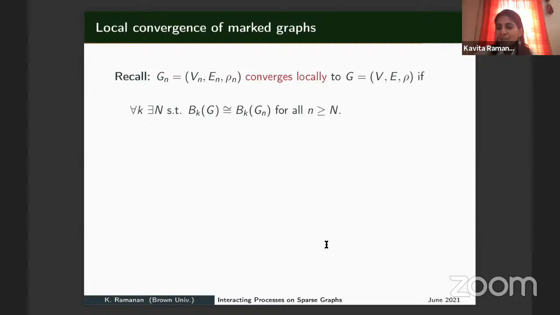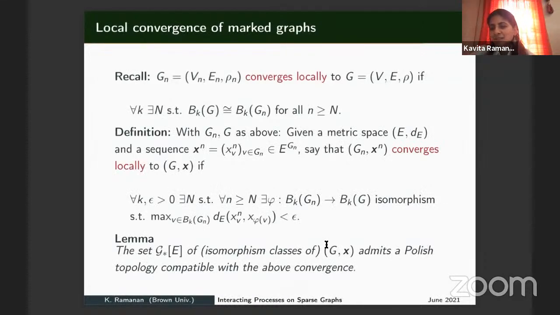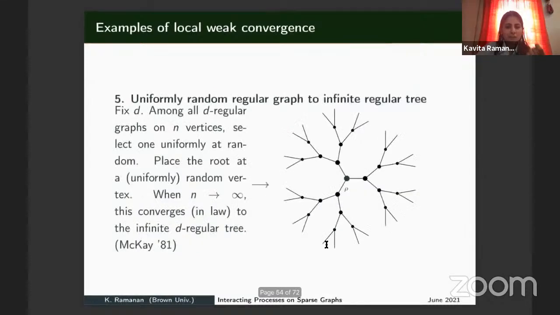Can I ask one more question? Please do. So here we are taking the graphs rooted. Yes. But somehow the original model treated all vertices the same. So if we take a probabilistic local limit where we take random roots. Yes, I'm always choosing the root uniformly at random so that I get this notion of a typical vertex. Oh, I see, so this is not a deterministic root. Yes, I'm choosing the root, placing it at a uniformly random vertex, always.